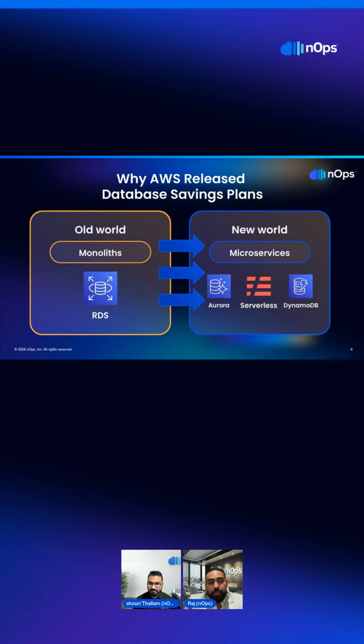If I ask you, Shari, you probably are using Aurora, DynamoDB, serverless, auto scaling, what else? Global replicas, everything in a mix, right? Nothing sits still. So what AWS needed for customers was a commitment model that could follow this chaos. I call it organized chaos because it's good, but it can very easily go out of hand, especially on the cost side of the house. So that's basically why they launched the database savings plan.